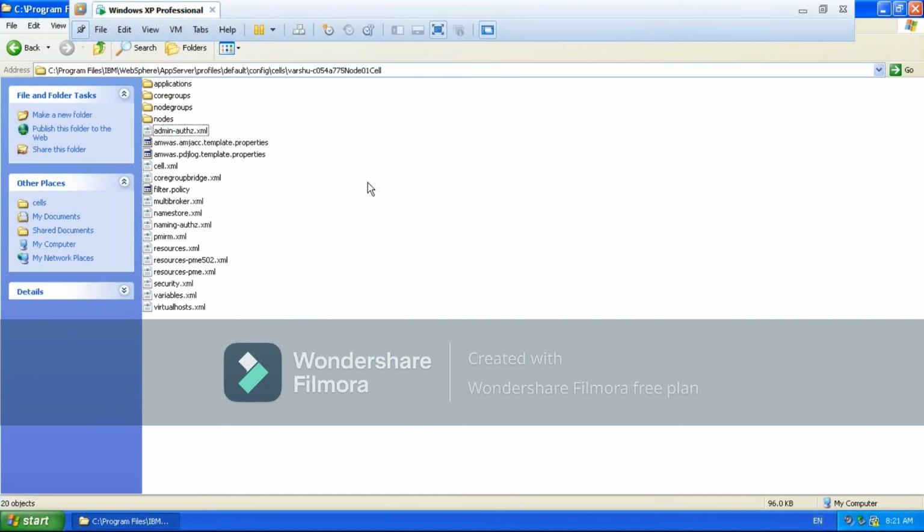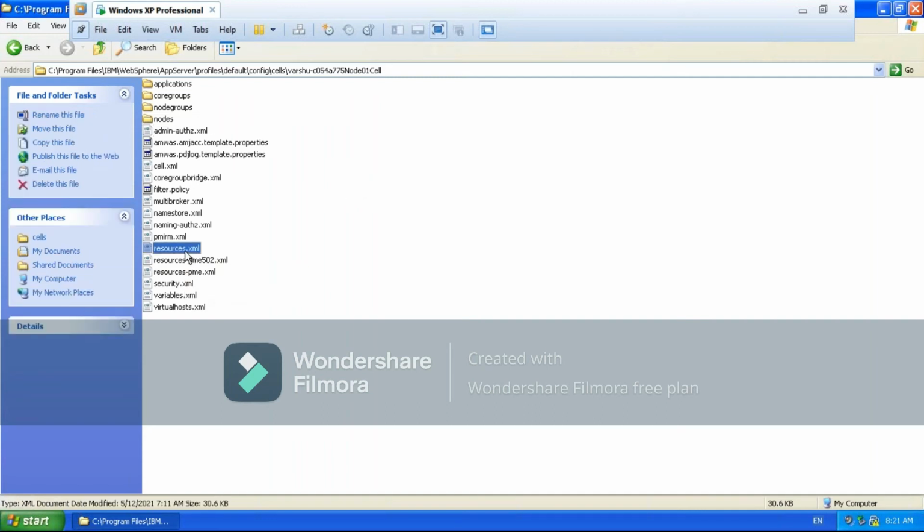And one more thing, I want to explain one more thing. If you see here, resource.xml file is there. What is this resource.xml file? If you remember, when we talked about the first chapter, when we saw the main diagram, how this application server is interacting with the database. We have two types of database, right? One is application database, another one is EAS database.